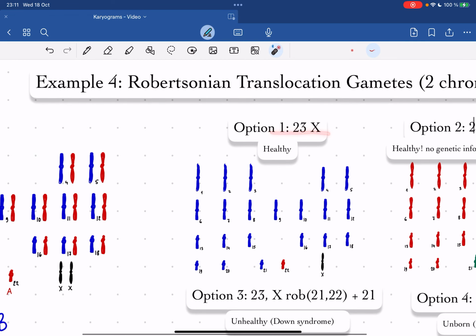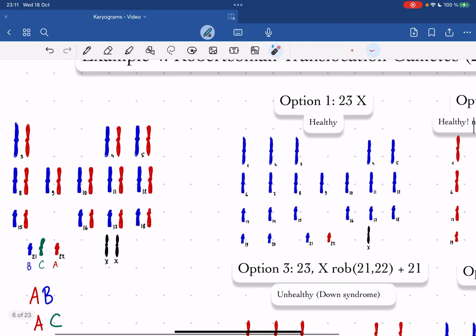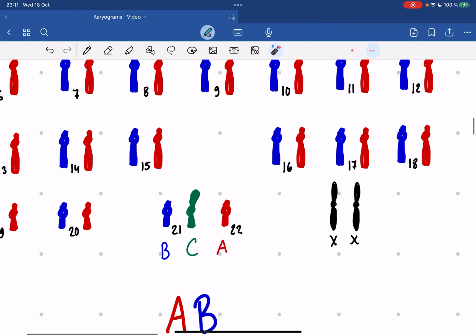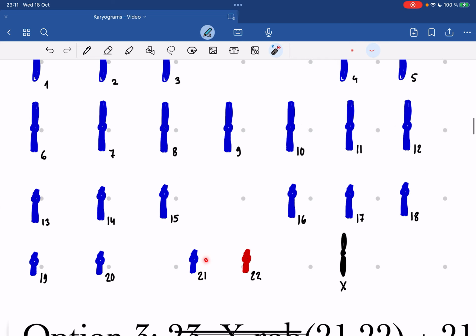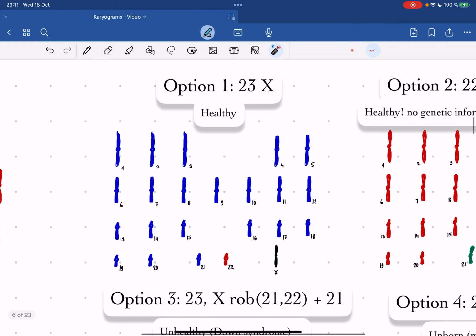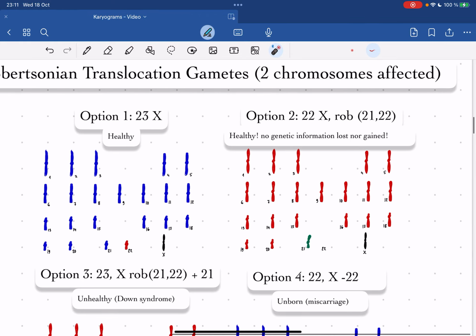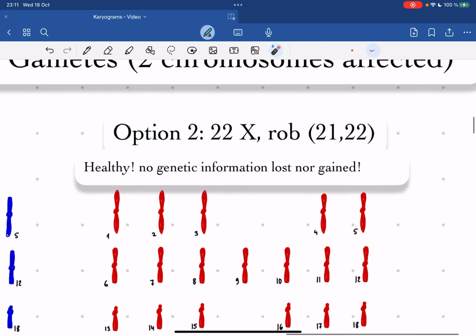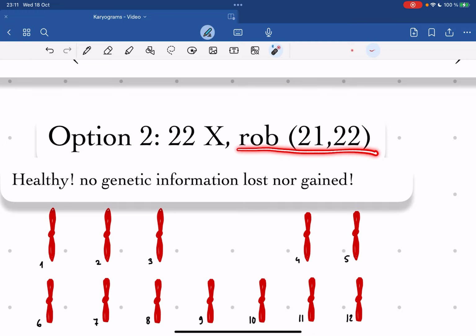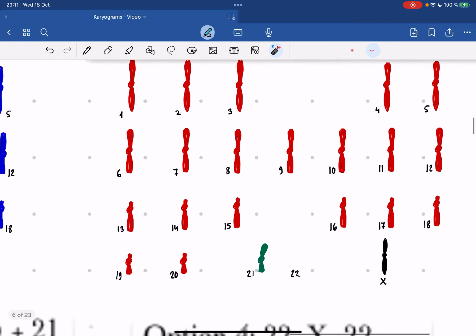The first one is obvious. You skip this one and you just take this and this, which would give you a completely normal and healthy karyotype. So you just took this and this, and you didn't take the one that has the very big forehead almost. For option 2, and remember here there's 22 instead of 23. So there's only 22 chromosomes. However, there's a Robertsonian translocation between 21 and 22. That means